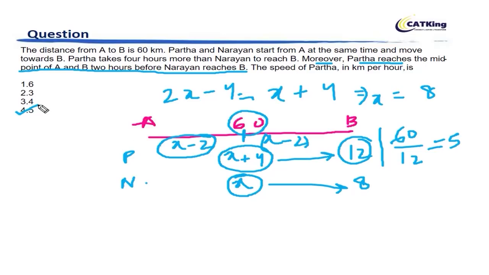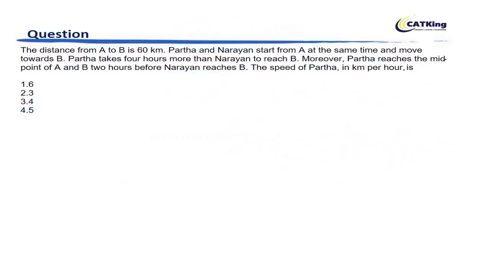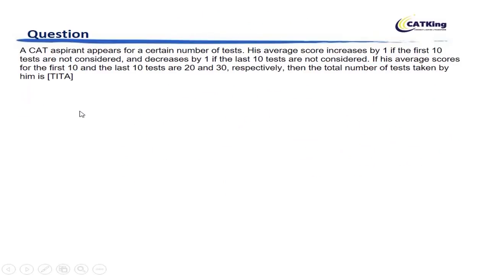So time, speed, distance, do it really well. You get simple questions like this which take no more than 10 to 15 seconds for solution. So a very simple question. What's the concept? The concept is very simple. Speed is equal to distance upon time, and some little bit of common sense will help you get a +3 here, right? I hope this is fine. Let's move on and see the next question.